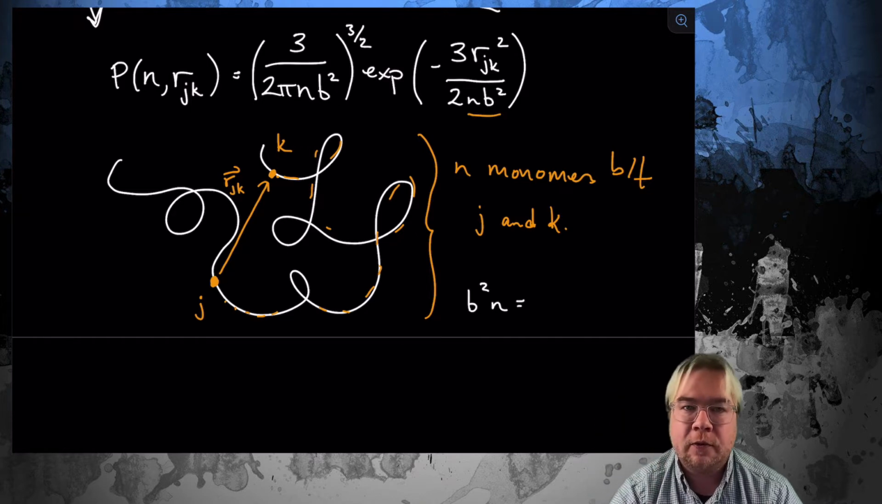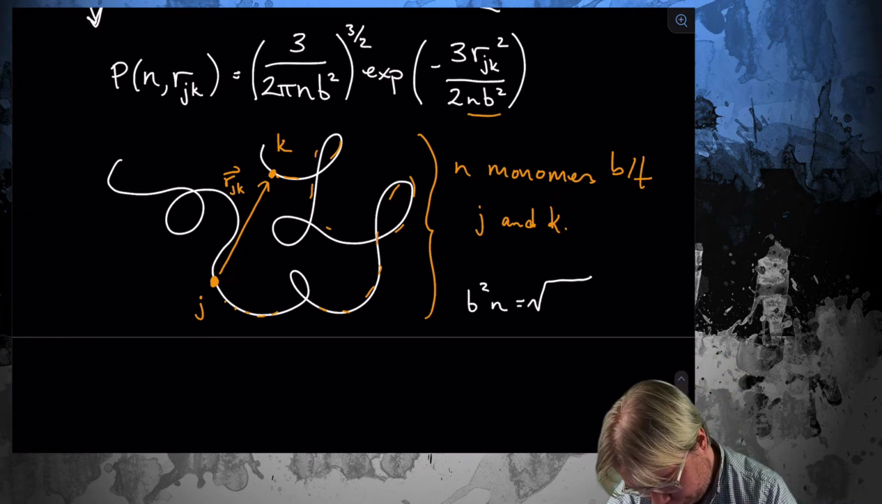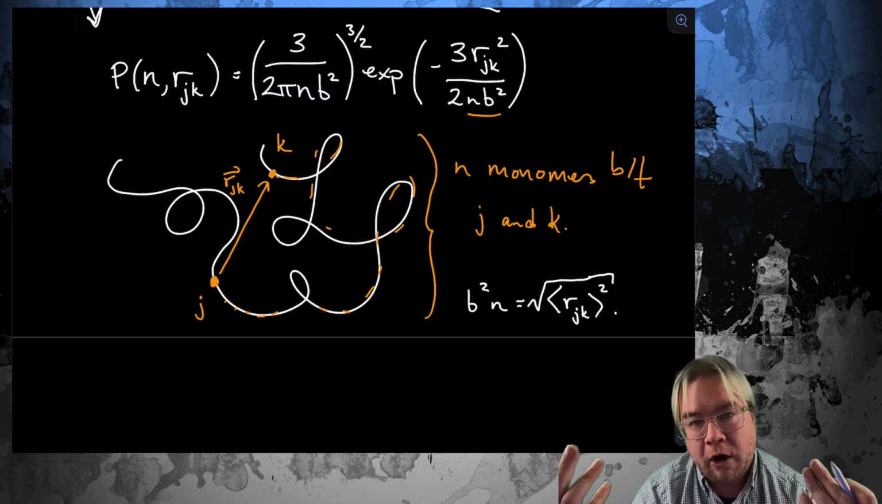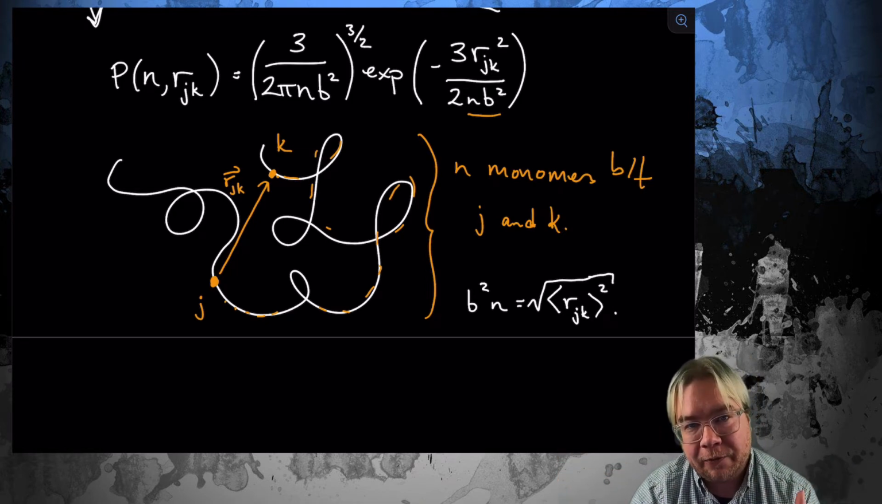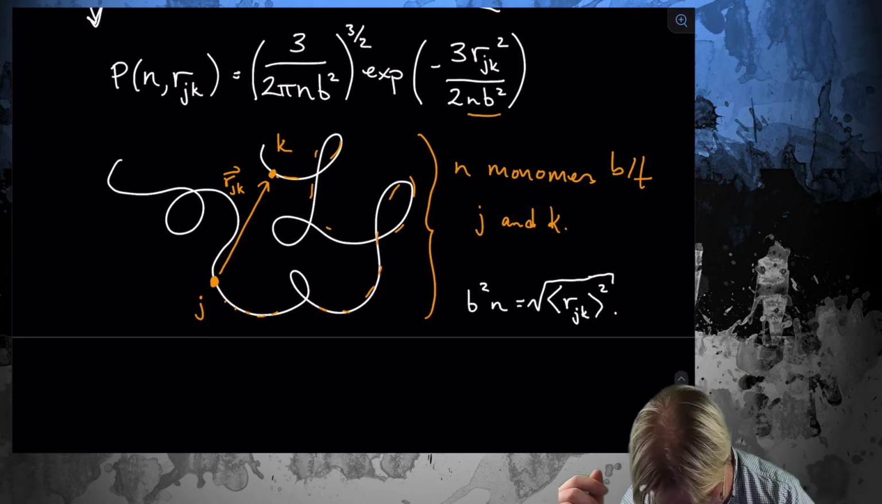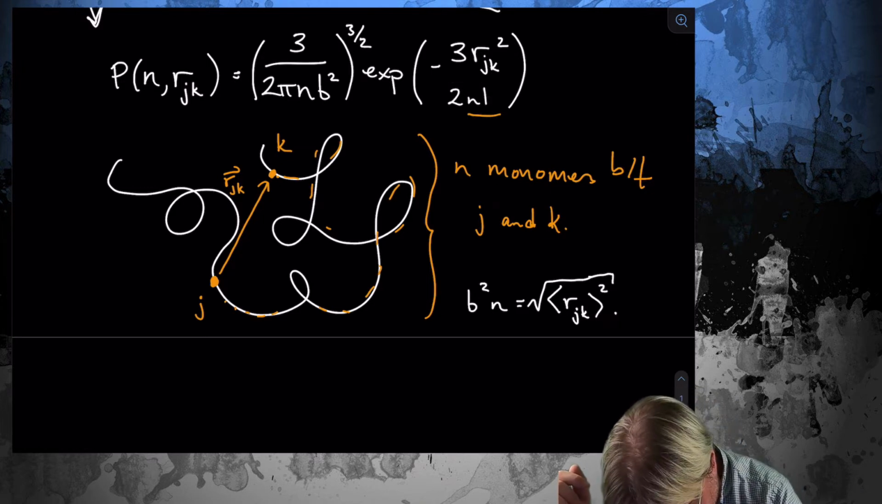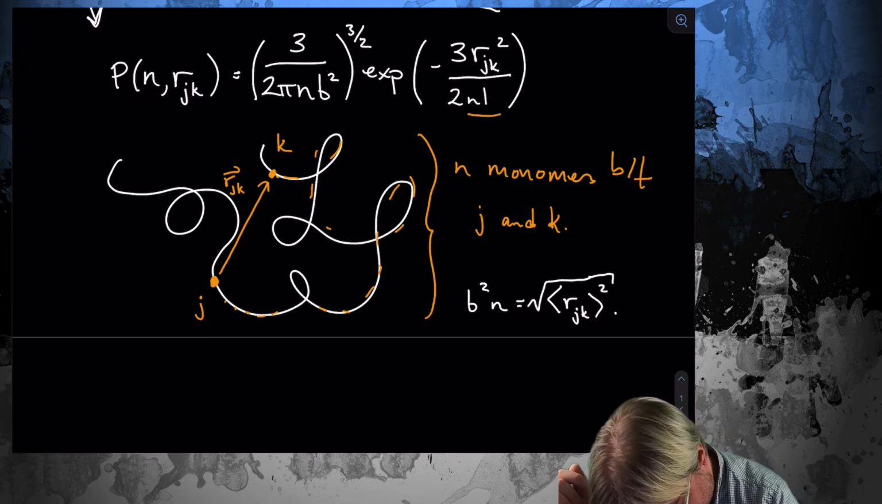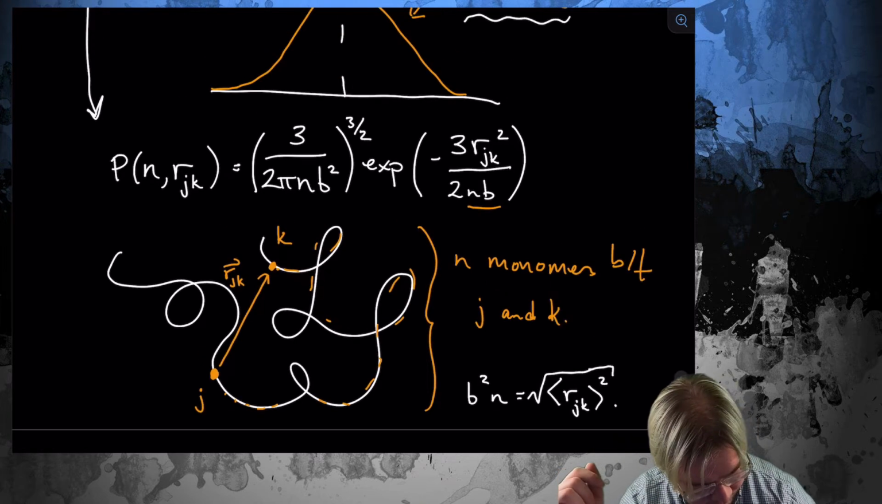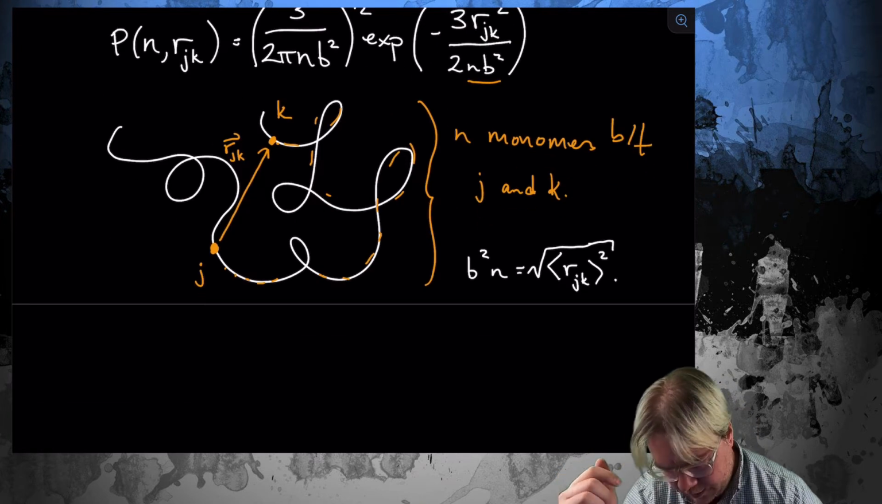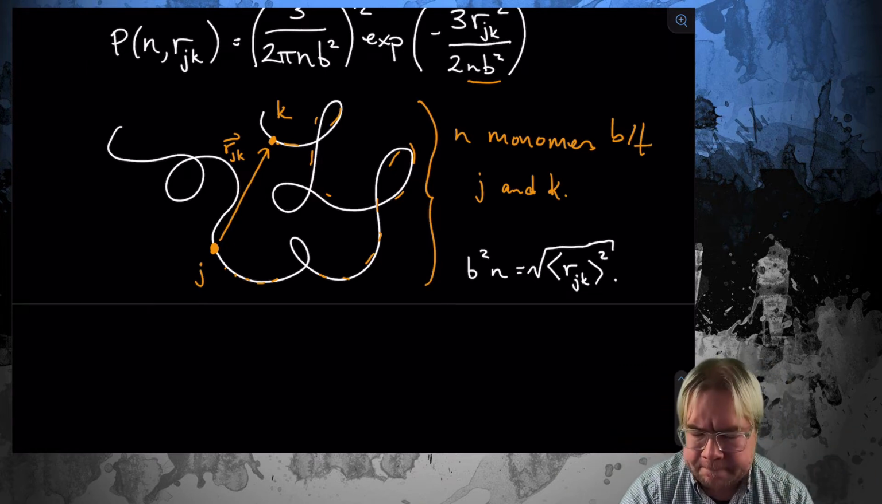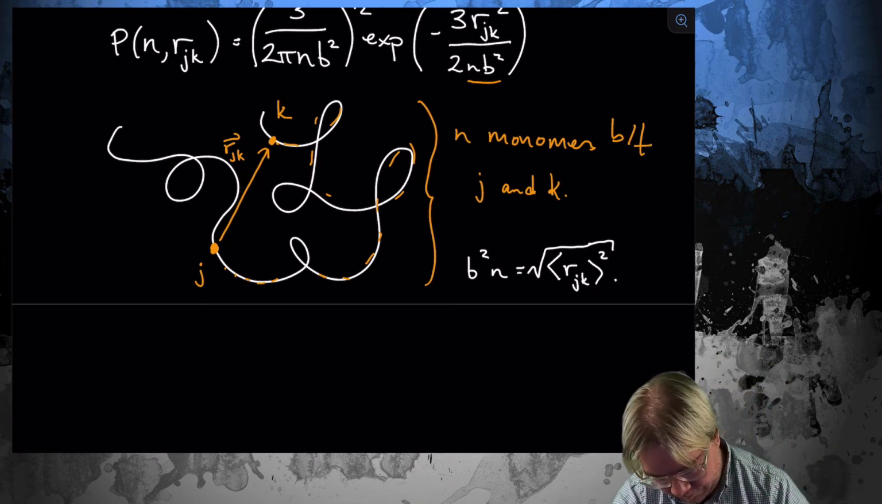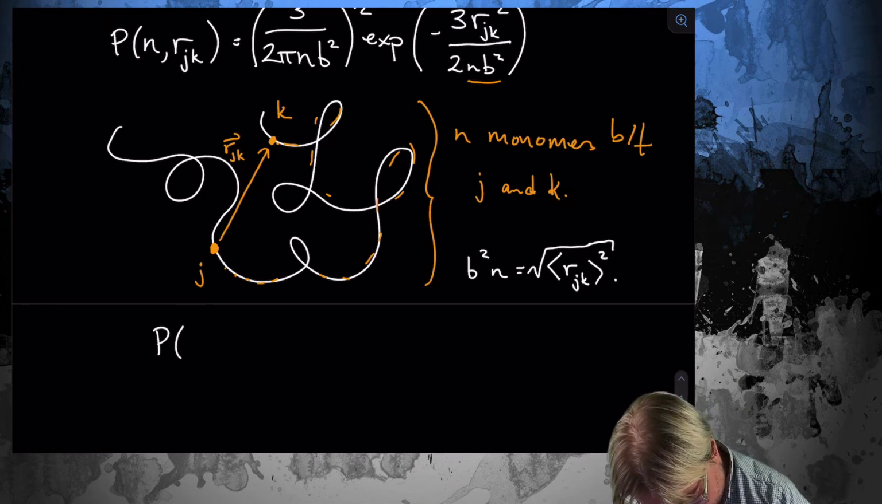B squared n is just going to be related to the square root of what I expect that to be to begin with, right? If it's a random walk, then r will be b times the square root of n, or r squared will be b squared n. Get rid of that squared. It's 2nb. Right now it is squared. Sorry. Anyway, the point that I'm trying to make here, though, is that this exponential can be written in terms